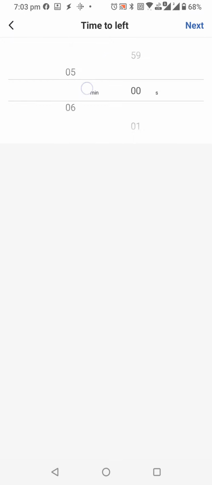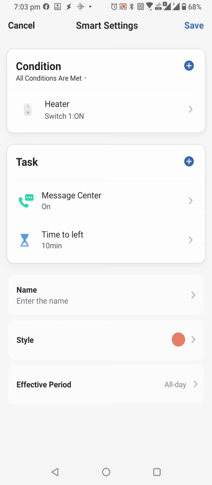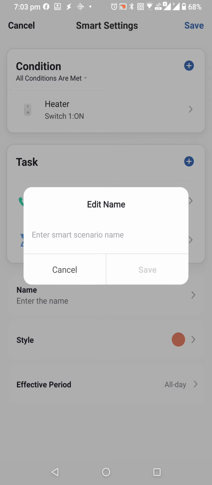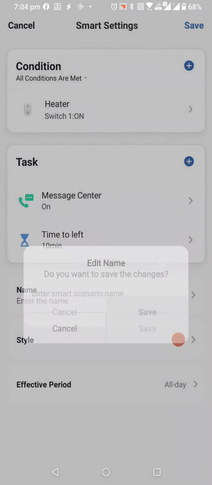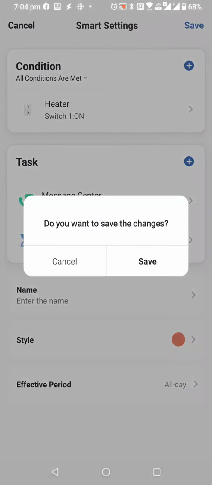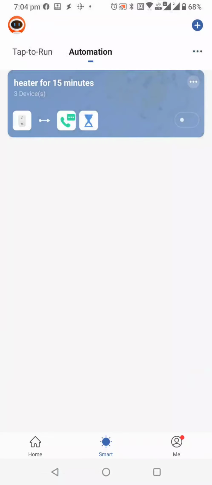You can choose 1, 2, 5 or 10 minutes, whatever you want according to your own requirement. I have used something like this, and then in the last I have used switch on again. When that switch on occurs, it will again call this particular trigger, so it will run in an infinite loop. I think it will give you some idea of how you can do automation with this. This is my working setup which I have used.